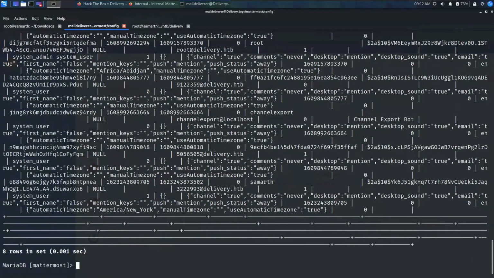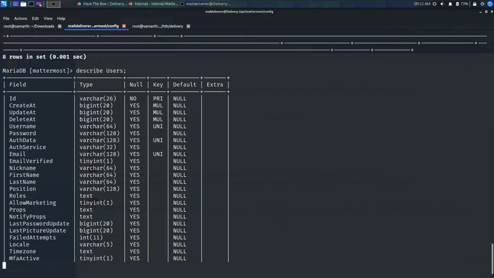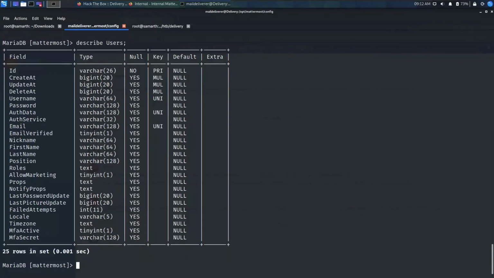So I will first describe the users table properly here. We have different fields like ID, create, update, delete options, username and password. We are interested in ID, username and password. So we can use a particular command: select ID, username, password